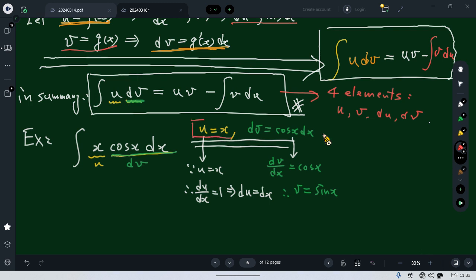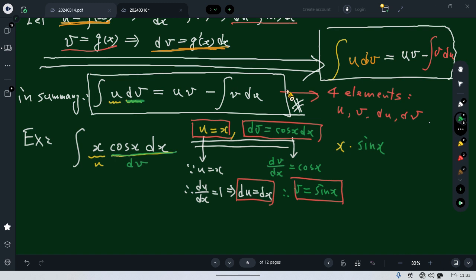Here is for du, here is for v, right? So right now 4 elements are already there. Then we try to fit it into this one, so that it will be u times v. U is x times v is sine x,